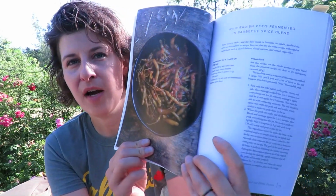I have all of his other books as well, including The Wildcrafted Brewer, which helps you make champagnes, wines, beers, wild sodas, as it were, that are non-alcoholic. So really interesting guy, really likes exploring with all kinds of different flavors. This one right here is his newest one, Wildcrafted Fermentation. It's a beautiful book. I have the soft cover version. I don't think it comes in hardcover, but you can see it's got a lot of beautiful photographs in there,